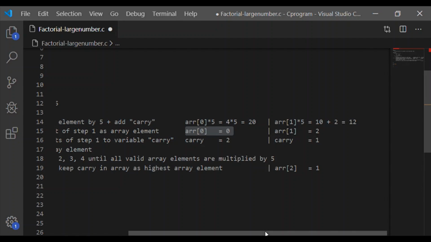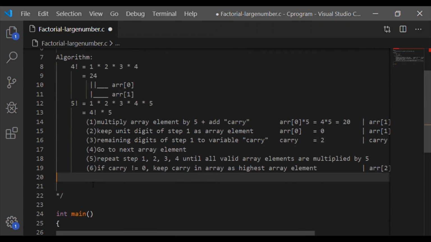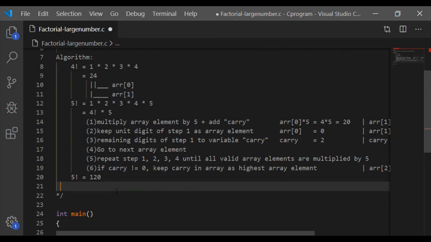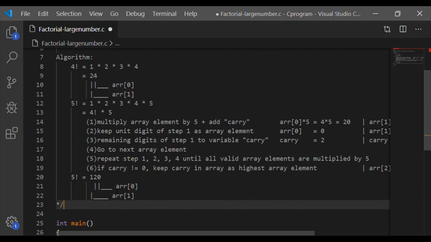So 5 factorial is 120. 1 is the highest array index value, and 0, the unit digit, is the first index, that is array 0 value.